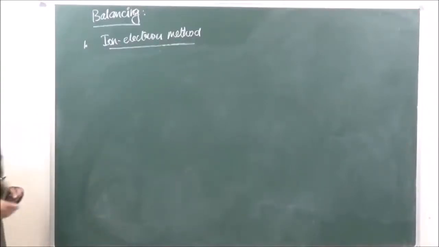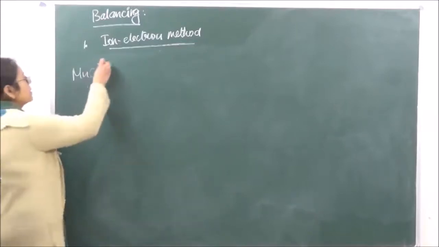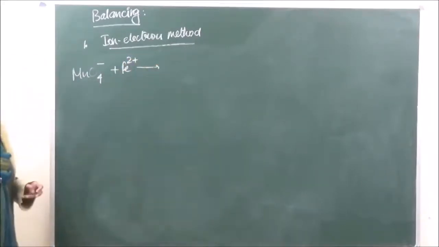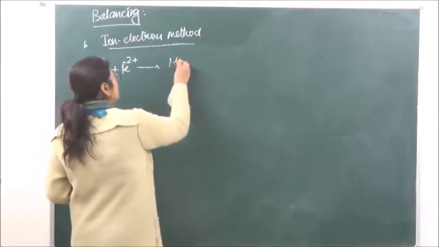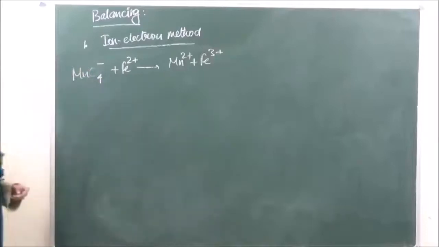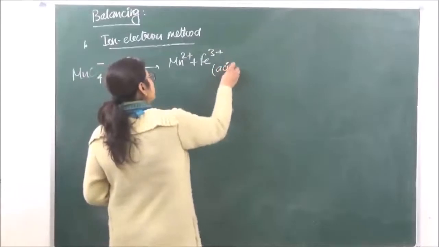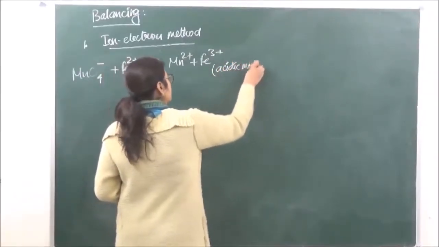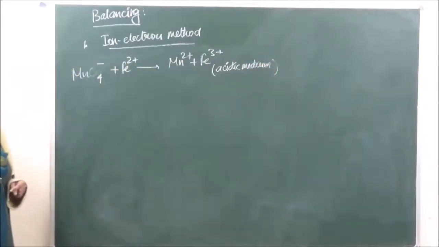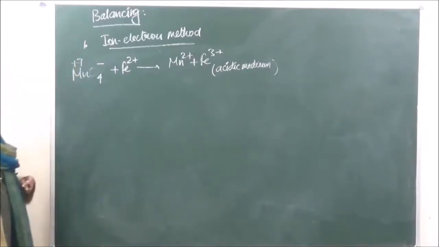The reaction given to us is MnO4 negative plus Fe2 positive to give us Mn2 positive plus Fe3 positive. So over here now we need to balance this equation. In brackets it is written acidic medium. Acidic medium means that addition of H positive ions has to take place. So let's write down the oxidation numbers. Here it is going to come as +7.